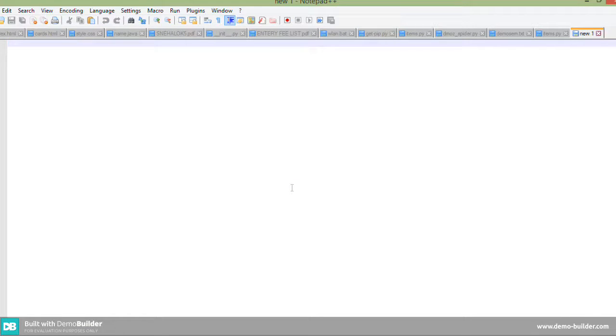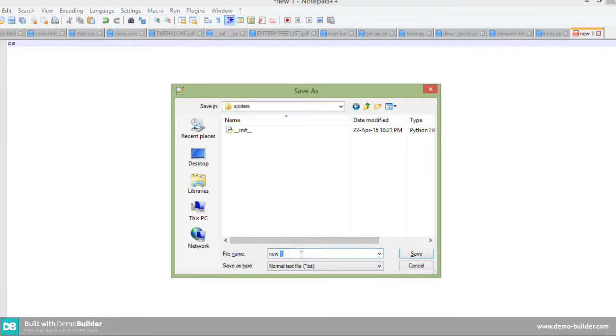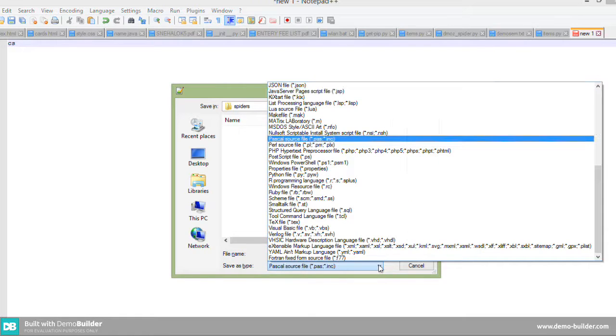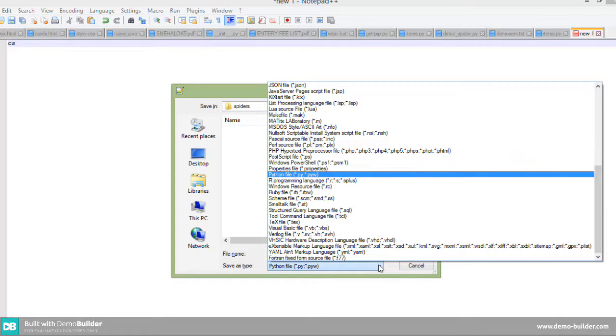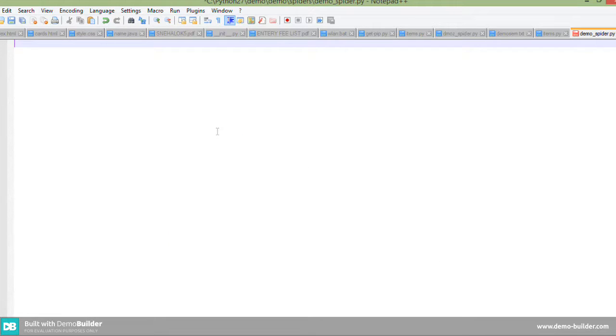Inside spiders we need to create something like demo_spider.py. Make sure that it's a Python file. Notepad++ shows all file types, so you select Python, it's very important. Okay, demo_spider.py, save it.